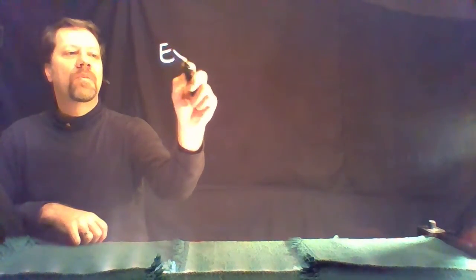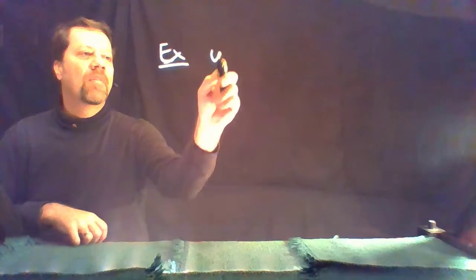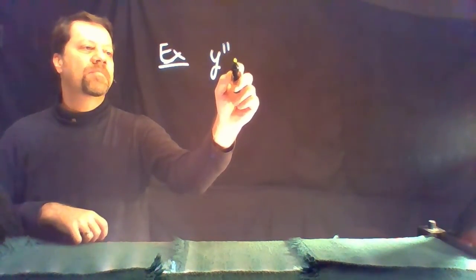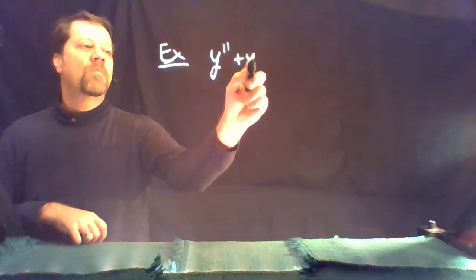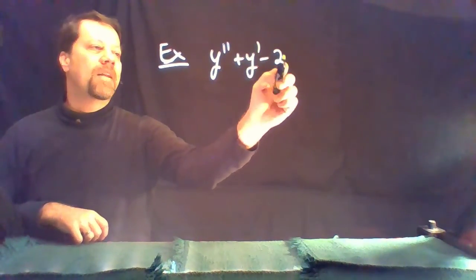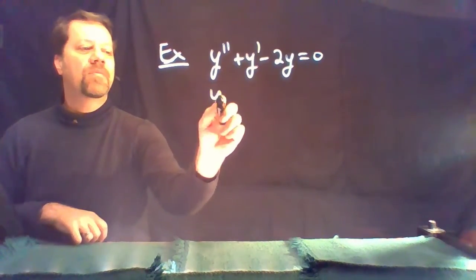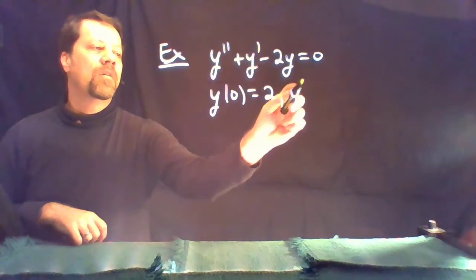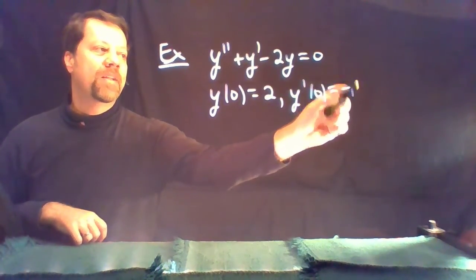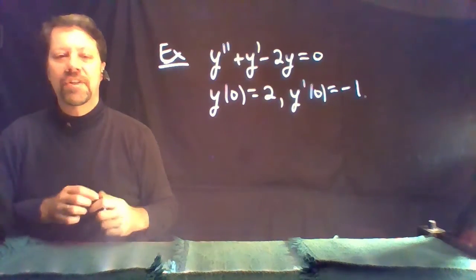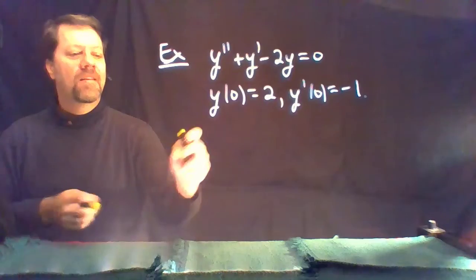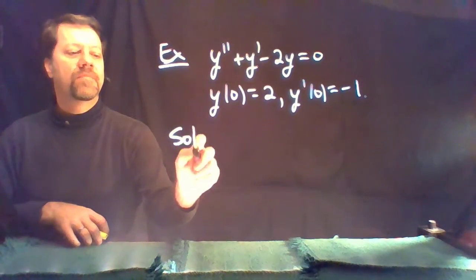Before developing more of the theory, I'd like to give an example where we have an initial value problem. Suppose I have y double prime plus y prime minus 2y equals 0, y of 0 equals 2, y prime of 0 equals minus 1. This represents an initial displacement of 2 and initial velocity of minus 1. The characteristic equation,